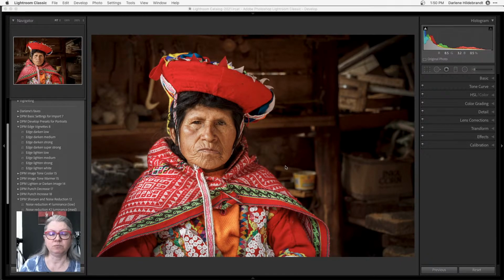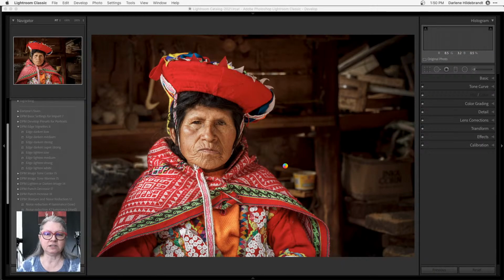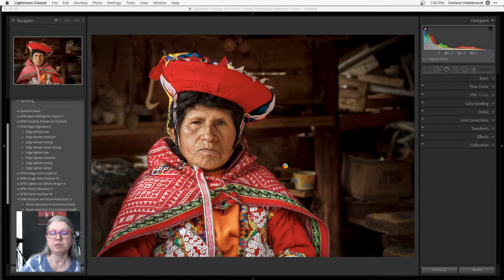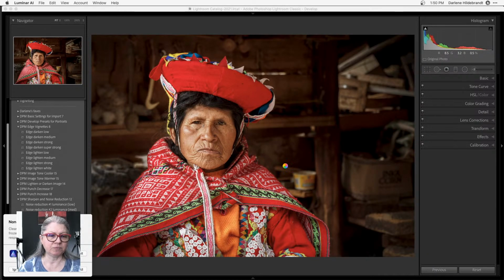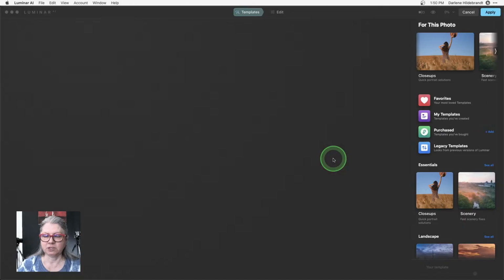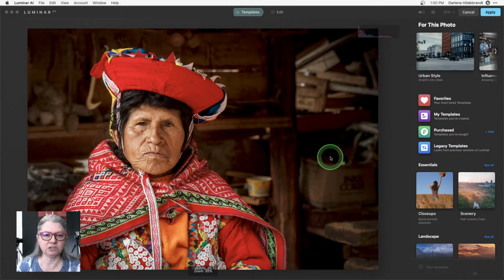Because what I want to do in Luminar is apply a bit of a style, right? So again, all of these things that I'm doing, you can probably do in Lightroom or in Photoshop, but it takes more time, more effort, more education. I'm going to apply something called a LUT, or color toning, okay? So my computer is running out of resources because I'm filming all this at the same time.